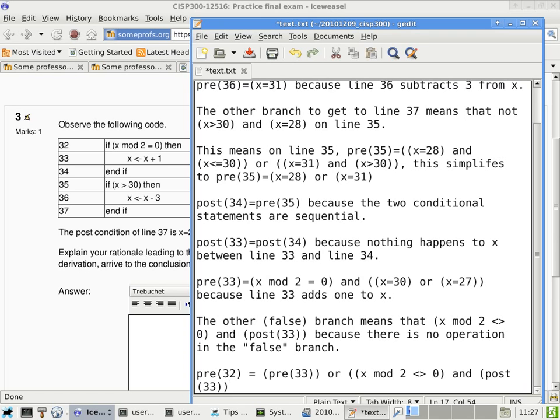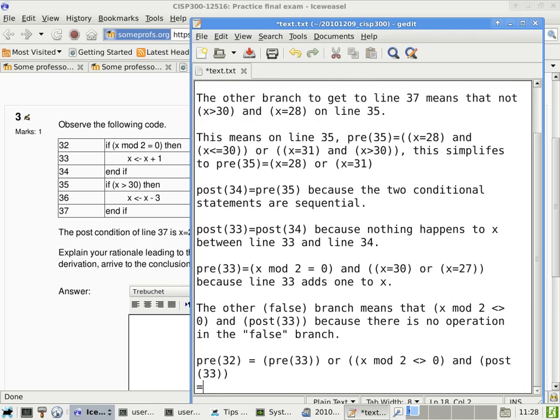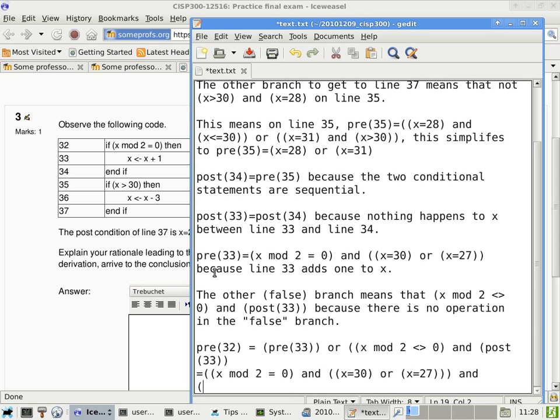So now we have a big mess here that we have to expand and simplify. What is pre-33? Pre-33 is this junk here. So we'll go ahead and copy that junk, and then we'll talk about how to simplify that. One more, and then post-33 is